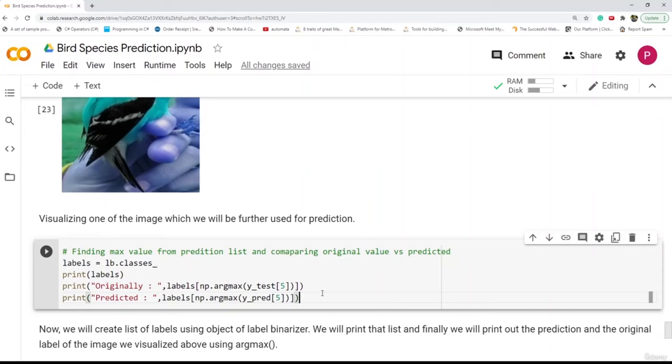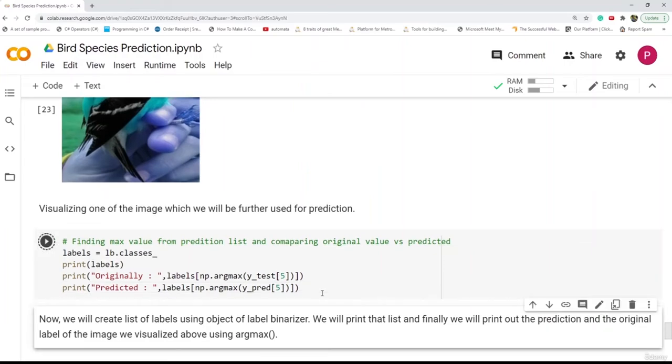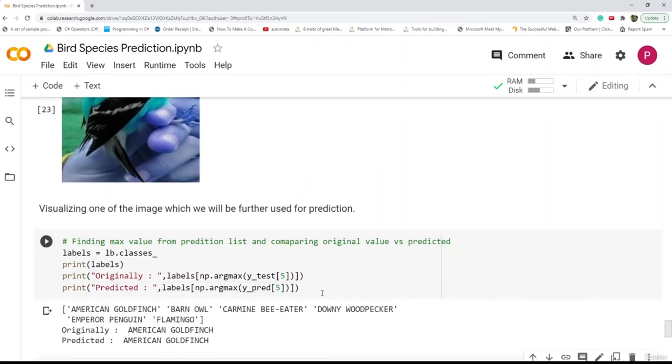Let's run this cell and find out the predictions. Here you can see the labels of the different classes, and originally the image that we visualized above is an American goldfinch, and it is predicted as American goldfinch. So our model is working absolutely fine, absolutely correct.